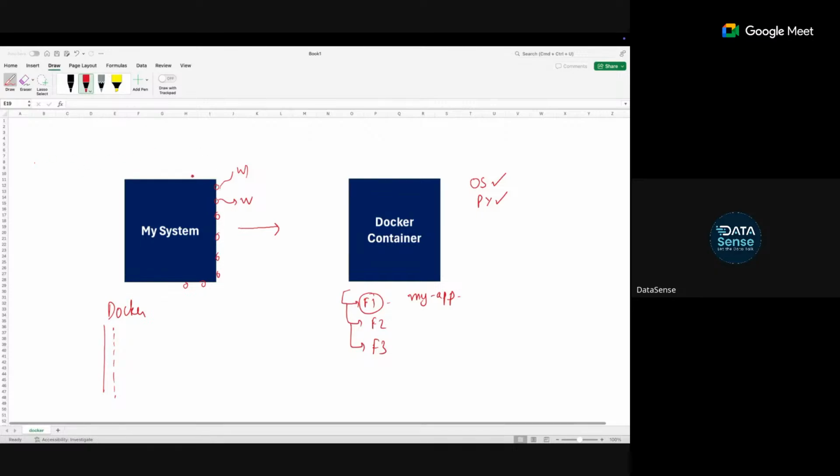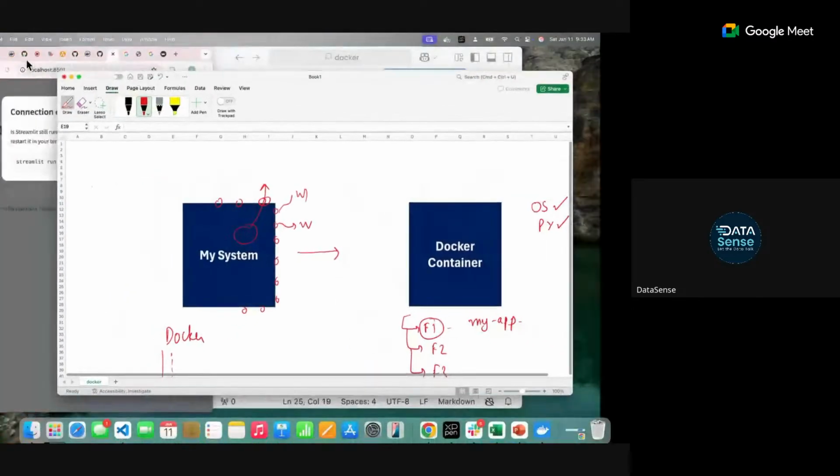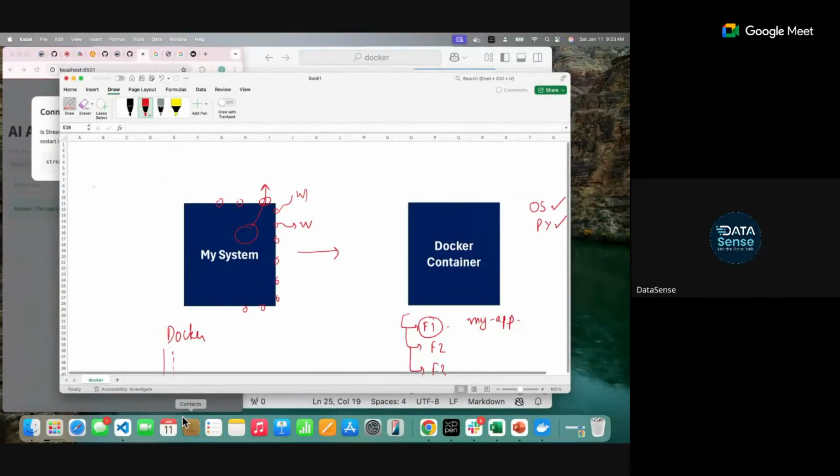You can change them. Ports are just the way a user will be able to access the application. It means when I put that in the browser, it will give me that particular application. So you have to specify a particular port number when you are running a container.